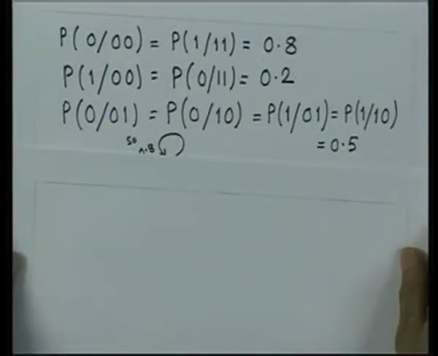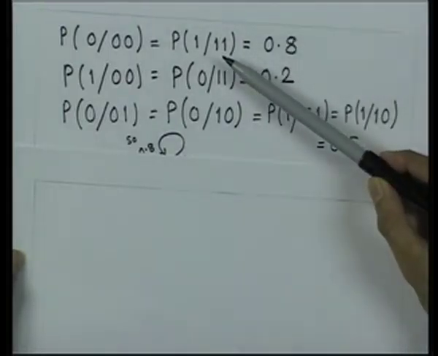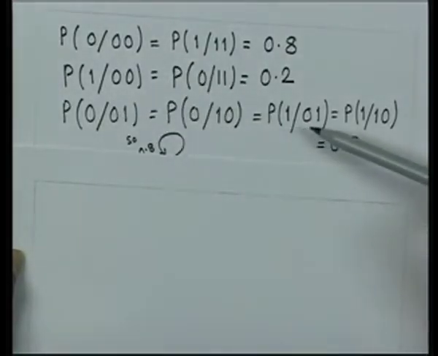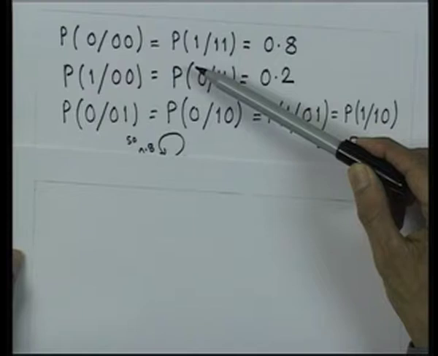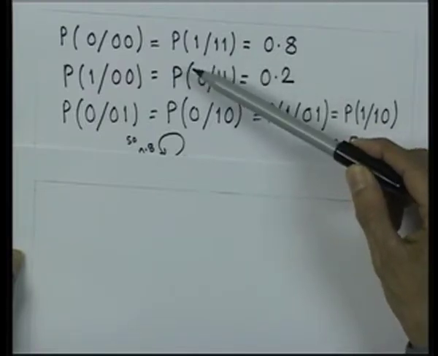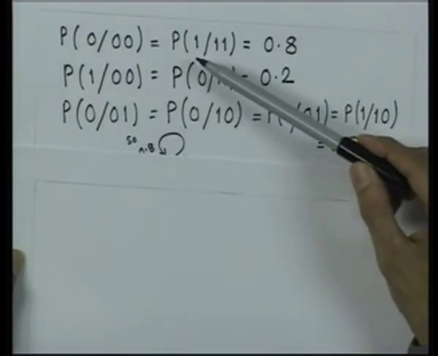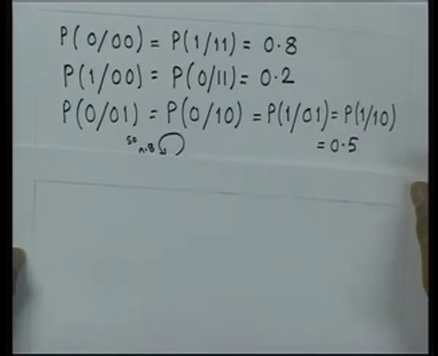Let me go back to the previous example which we had looked at earlier, where I have a second order Markov source and the conditional transition probabilities have been given as shown here. So, this source consists of two binary symbols 0 and 1, and it is a second order source. Therefore, you have 4 states and the transition probabilities have been given as shown here. For this, we can draw the state diagram very easily,